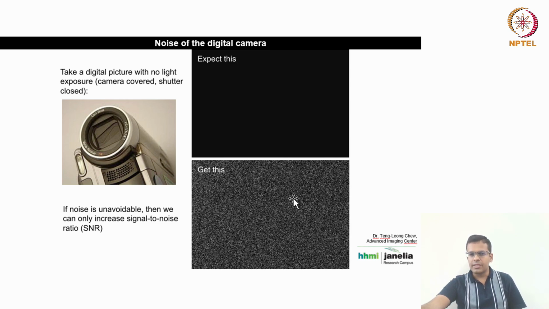And why this noise? From where is this noise coming? The noise is coming because of the electrical components present in the camera, and this noise is unavoidable. There is no other way. Even if you put this camera in a dark room and then capture, this noise will always be there because of some electrons produced by the camera chip. I will explain; there are three different types of noise associated with the camera that we will discuss.